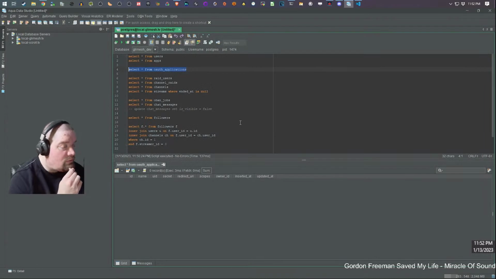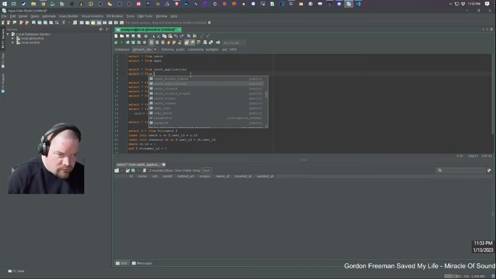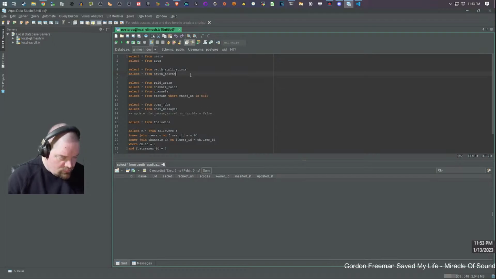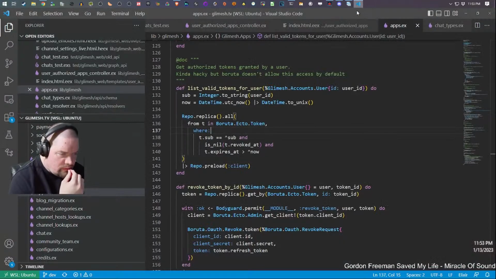So do I have a query in here? So I guess there's a select all from auth tokens. So what type are we grabbing?